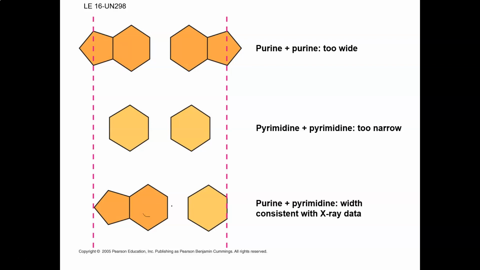That's the only pairing that seemed to fit her diffraction data. You couldn't have 2 pyrimidines or 2 purines, it just didn't fit the diffraction pattern. So this was a big clue,